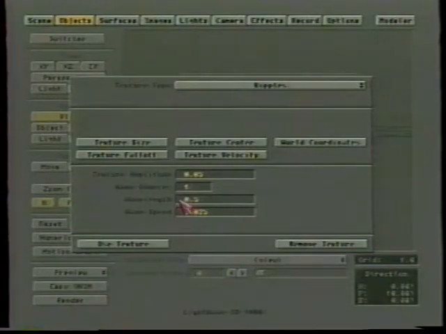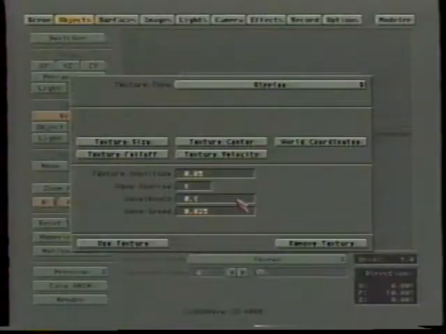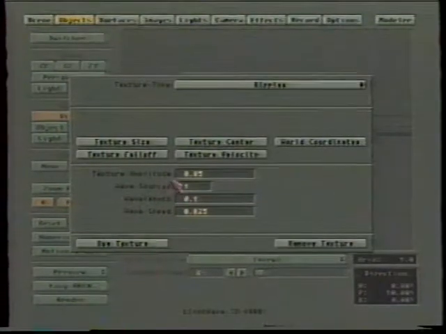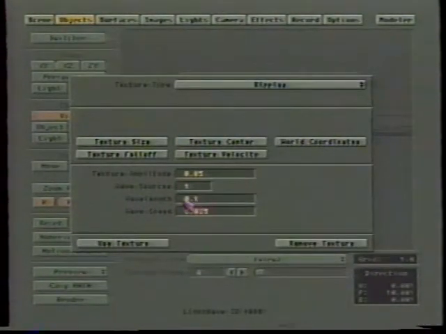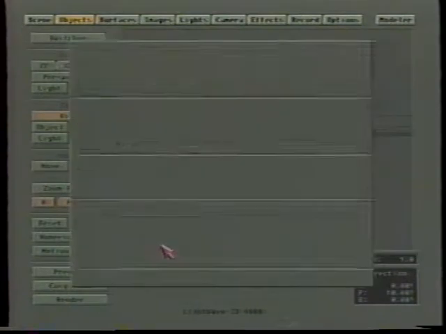Now, wavelength has to do with how long these individual waves are, the distance between waves here. The longer the wavelength, the bigger the distance. And this is in meters, so 0.5 means half a meter. I'm going to set this to something smaller, 0.1. And wave speed has to do with how quickly the waves move, and this will help when we animate them. We'll come back to that in a second. So let's just leave everything where we have it now. Small amplitude, 1 wave source, wavelength of 1,